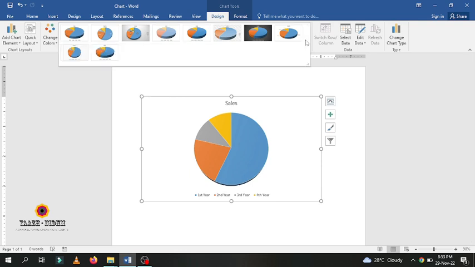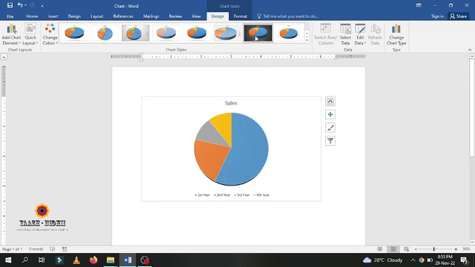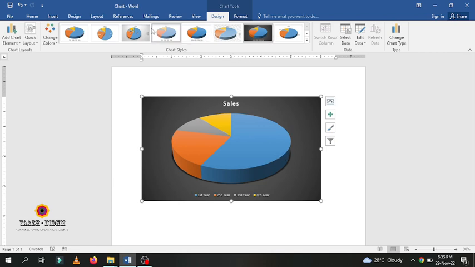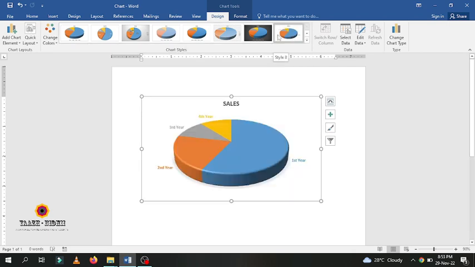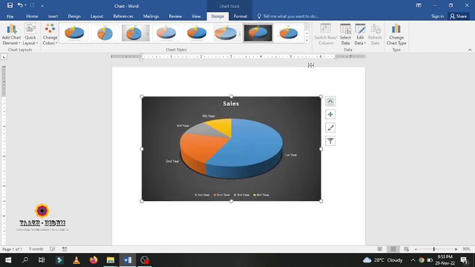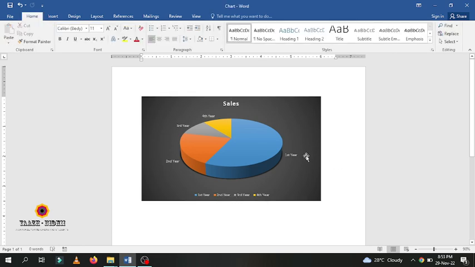You can change the 3D appearance into the different forms which are available here. You can see this arrow. You can change this type as well. So then